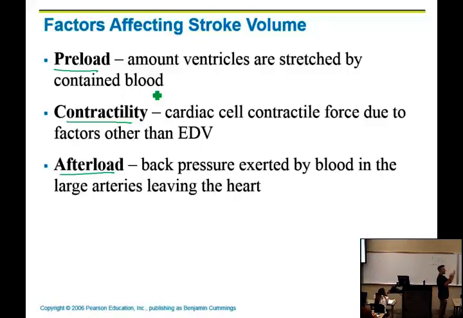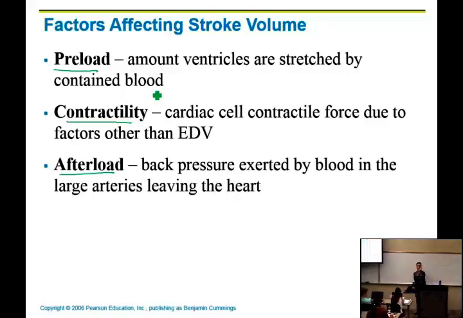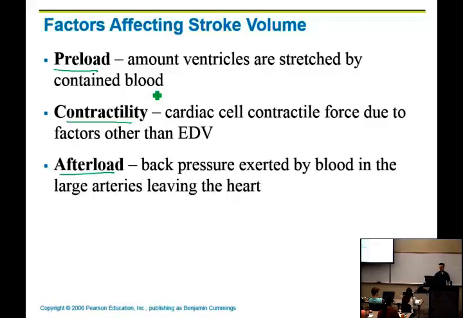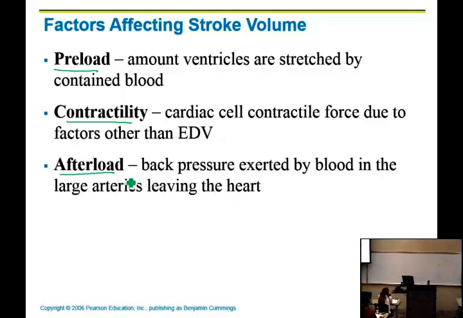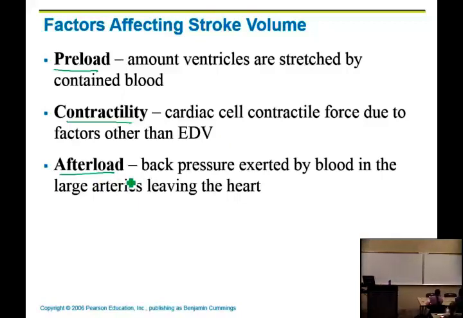It tries to eject anything it gets back, right? So it's like a karma thing, right? As much as it gives, it gets, or as much as it gets, it gives. So preload, if it is loaded even more, it will eject even more. So that affects stroke volume. Contractility is talking about how much force these individual cells can generate due to some other factors like ion concentration and things like that. Afterload means that when we are pushing blood from, say, the ventricles